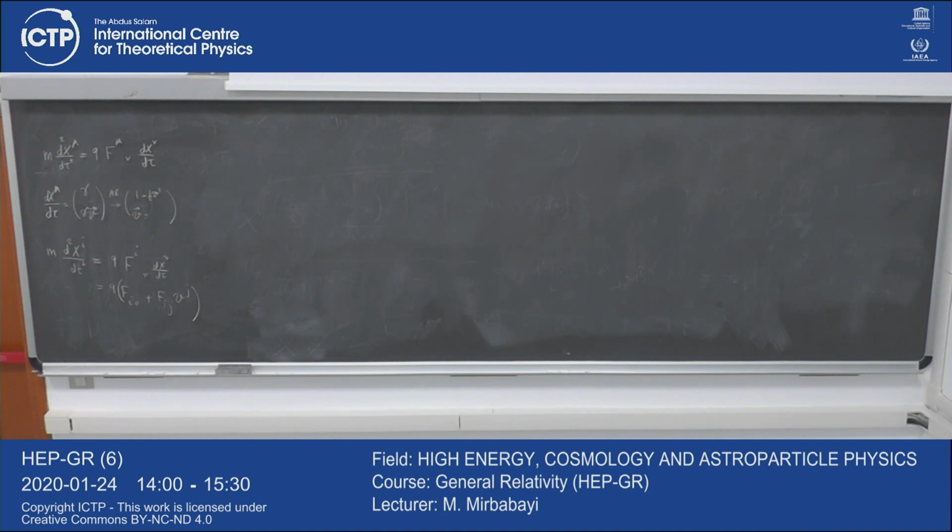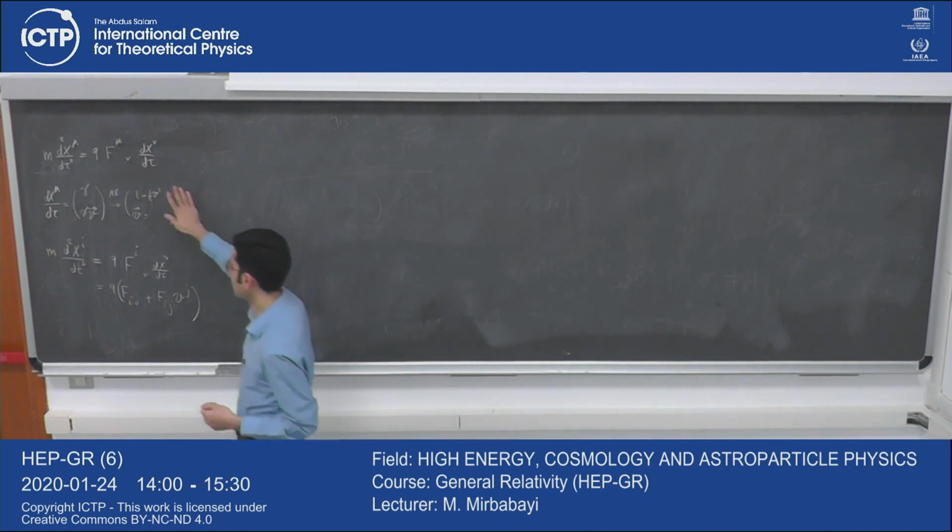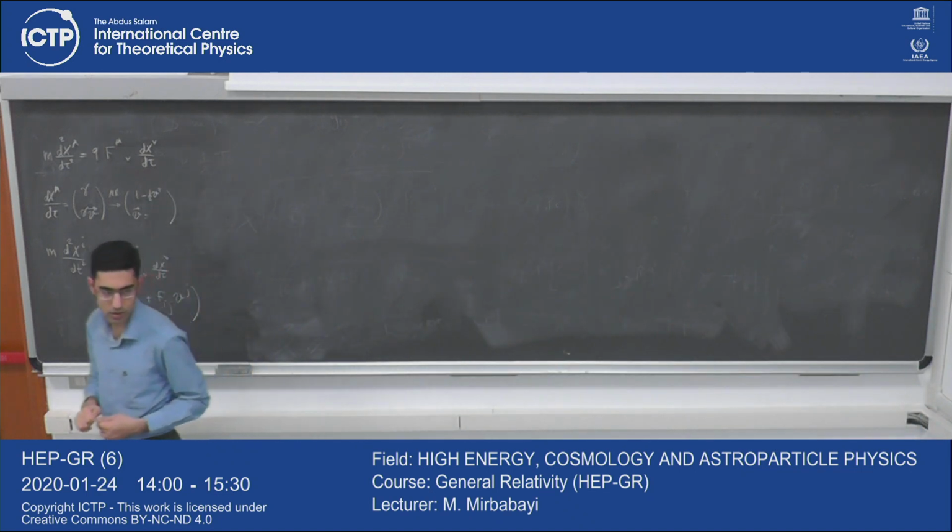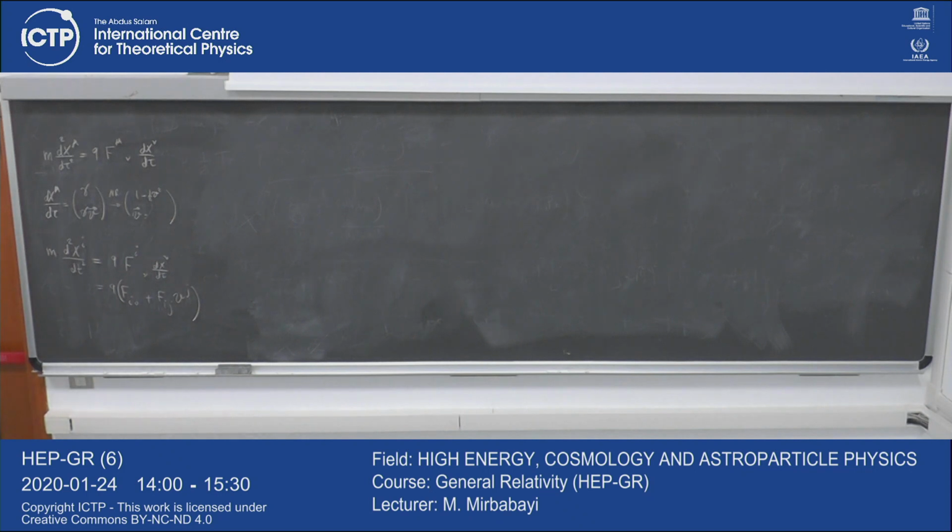There shouldn't be any reason, if you decide to take it this way, to keep up to order v. Again, the answer here would be the same. But here what I'm doing is that I'm just keeping the leading term in this expansion with respect to velocity. So in a sense,